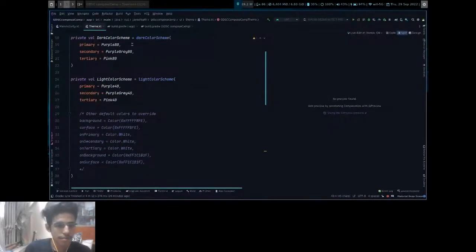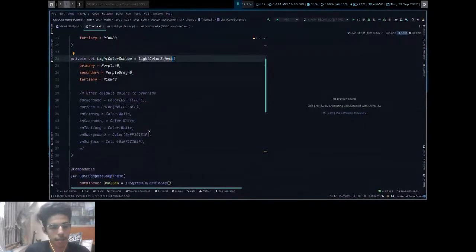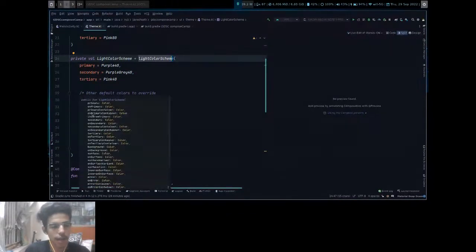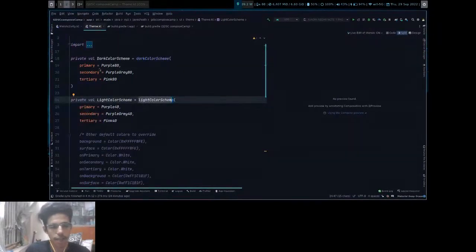Before going there, I will tell you what the colors used are. For the dark theme, there will be a method called dark color scheme, and for the light theme, there will be a method called light color scheme. These both use primary, secondary, and tertiary. These are all the primary colors your app will use. These are fetched straight from your wallpaper. Additional colors can be background, surface, and if there's a primary, there will be an on primary.